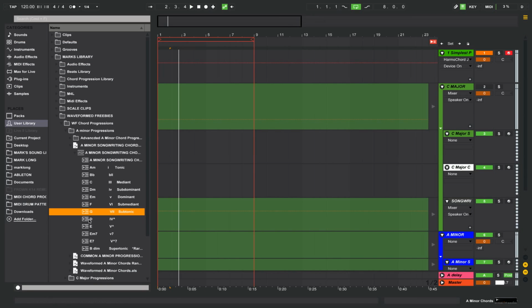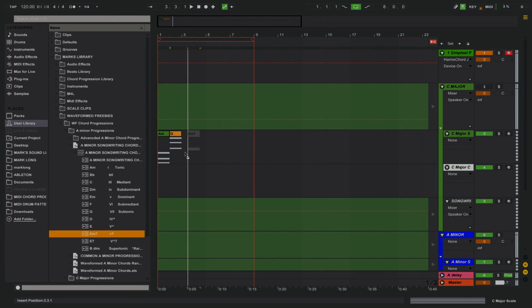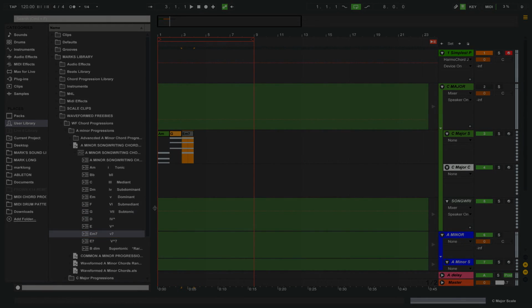So just like we did with the C major, we can throw a progression together really quickly. So the idea here, apart from gives you an inkling of basic music theory, is you can again get ideas together really, really quickly without having to think about it too much. There's no point in doing this over and over every time you set up a project. So once you just have whatever chords in the browser, you can just load them in and set up a